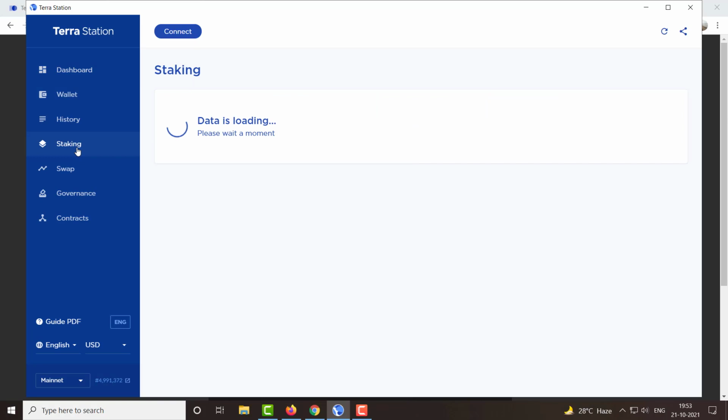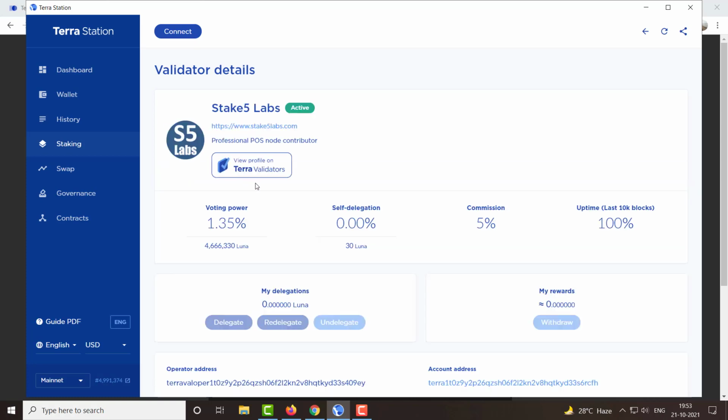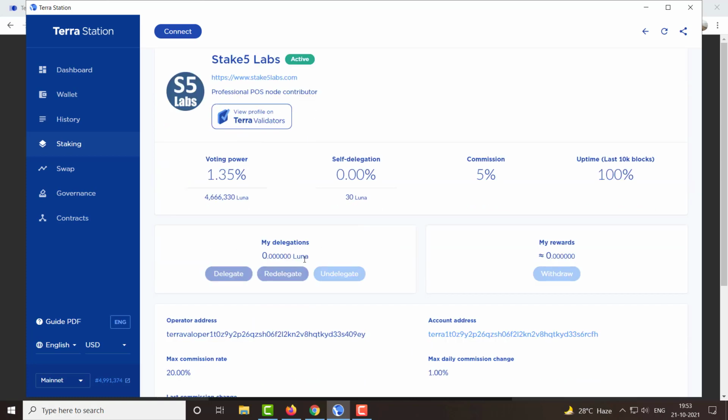So you can come over here to the staking option, and there are many delegators over here to whom you can delegate your tokens. And from here you will be able to select, like if I select this, I will be able to come over here and delegate my tokens to here.